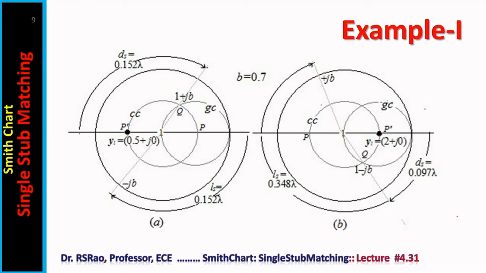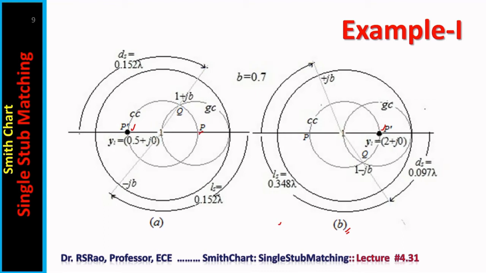See, all the operations are described here. Follow keenly. Z0 is given, ZL is given. By considering Z0 by ZL, one can get the normalized admittance. It can be plotted over the chart, resulting in P prime. In case of A, P prime is on the left side of the chart center on the horizontal line. In case of B, P prime is on the right side. Or one can start from P, that is the normalized load impedance by the characteristic impedance of the line, and this impedance can be located over the Smith chart.